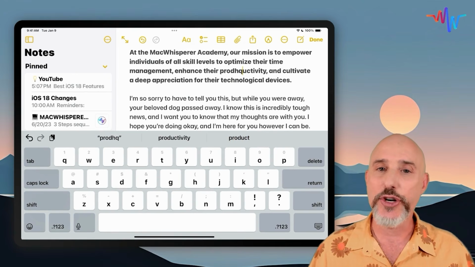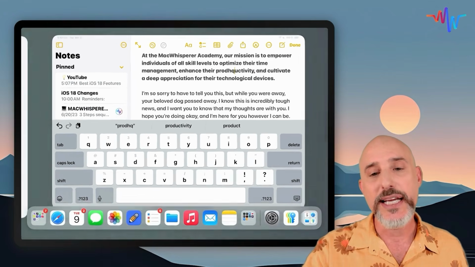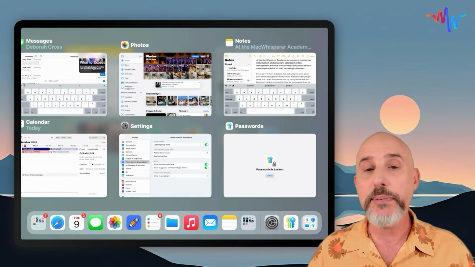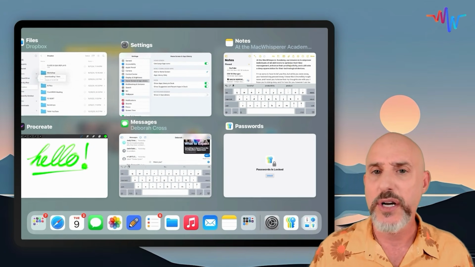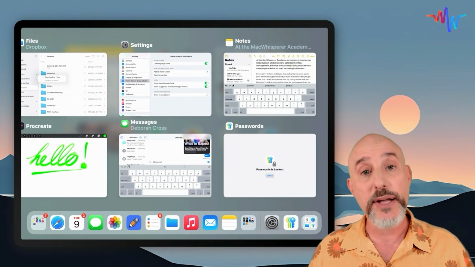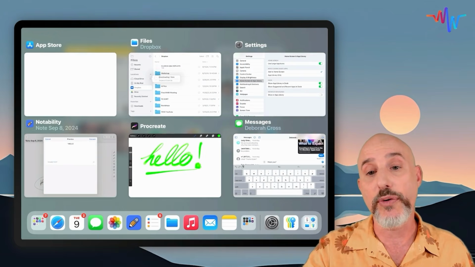The next gesture can get you into the multitasking screen. The multitasking screen is this screen that we see here with all of the open apps. Many people use this screen on their iPhone and their iPad simply to quit things, which isn't really what it was designed to do. The truth about the multitasking screen is that it's there so that you can quickly go from one app